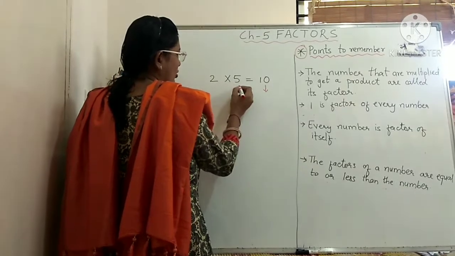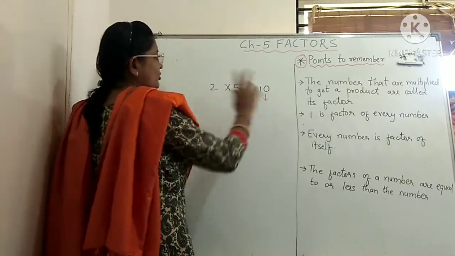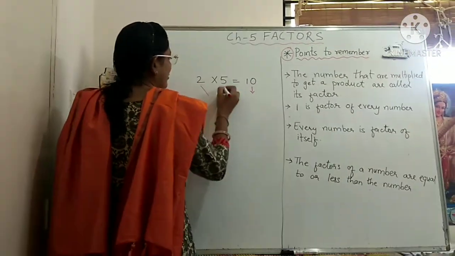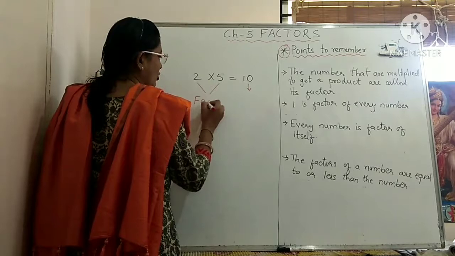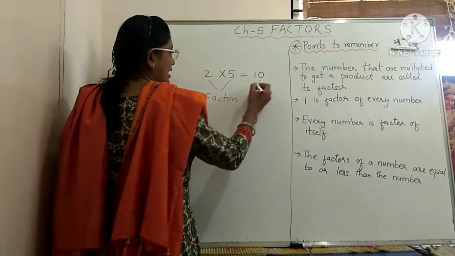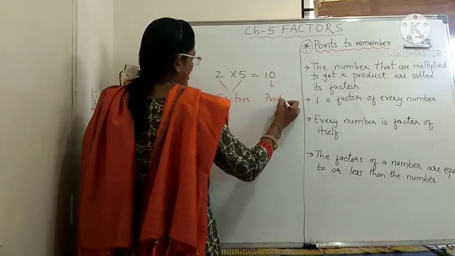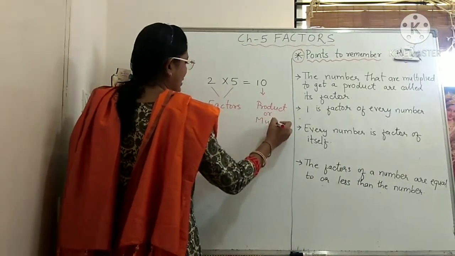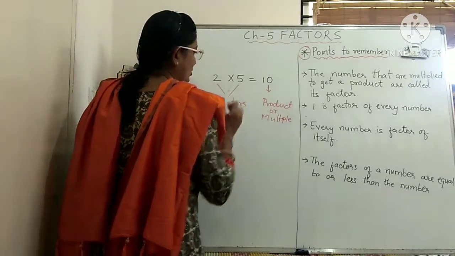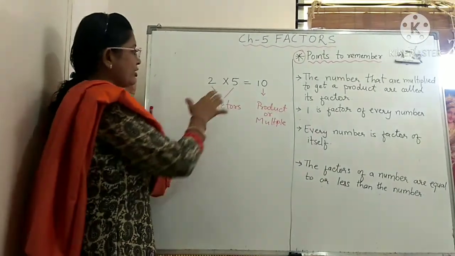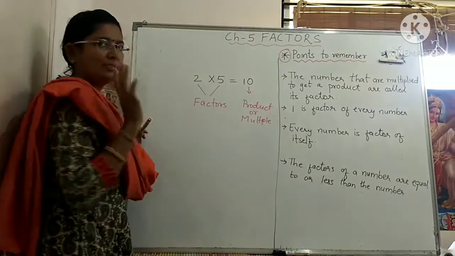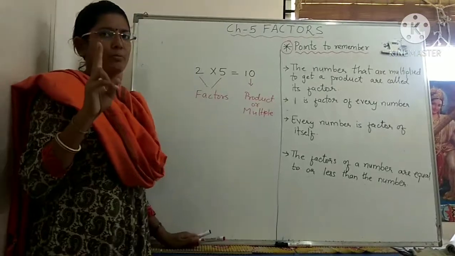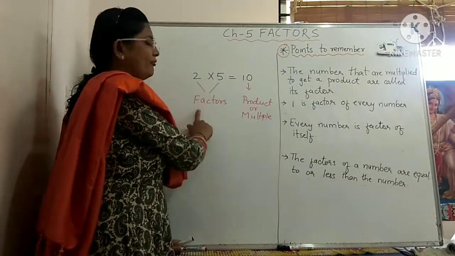And these both are called the numbers which are multiplied with each other to get the product. But here, these two numbers are called factors. Okay. And this is called its product, or you can also say this is called its multiple. In my next chapter of multiples, I'll explain the multiples in detail. Just now we are going to concentrate on factors only. In this chapter, we are going to learn about factors, right? So whenever you are multiplying any two numbers with each other, they are called factors.